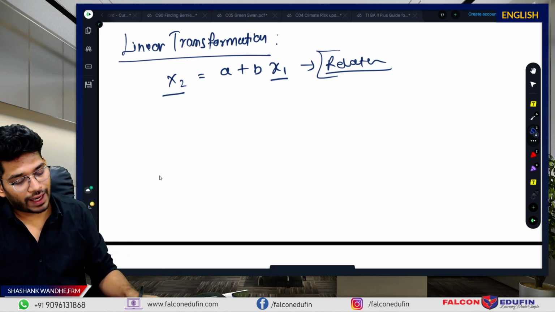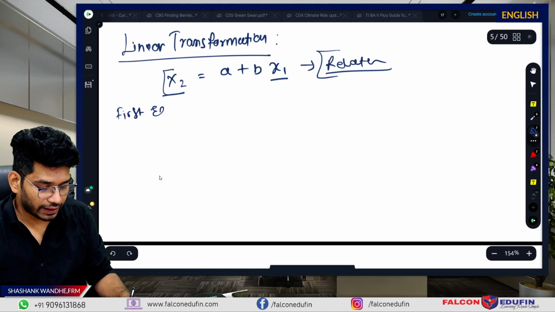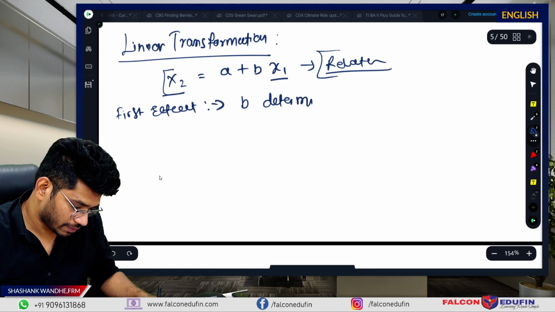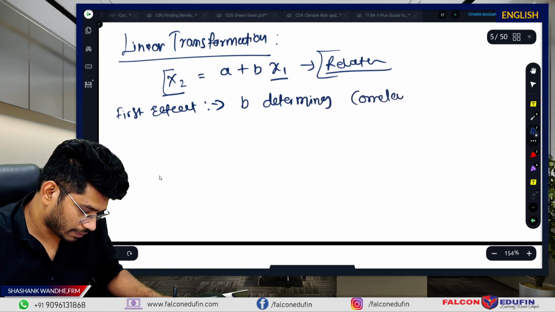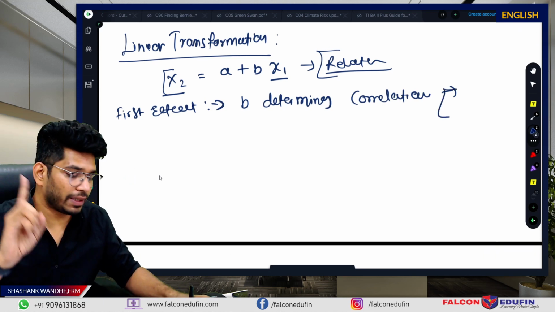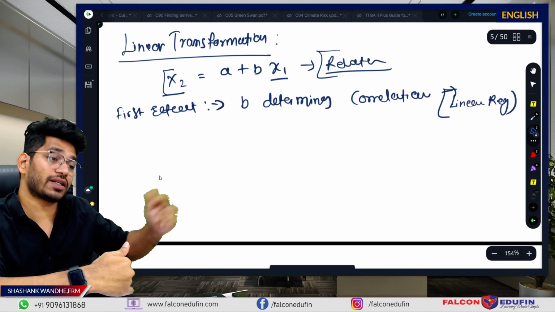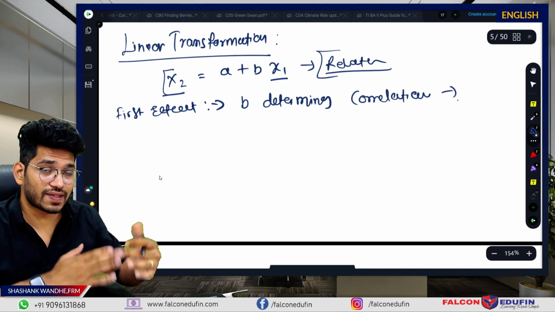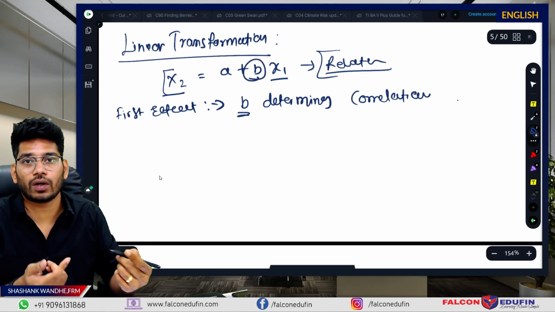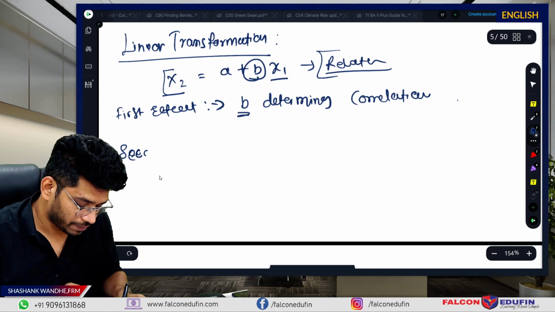So it provides two or three effects. The first effect, assuming this relationship, is that b determines the correlation. Here, instead of explaining anything, remember the linear regression chapter, three chapters after this. That's why I said to study this afterwards, not now. I don't need to give any explanation. This b determines the correlation, correct? We already know this from the regression chapter.